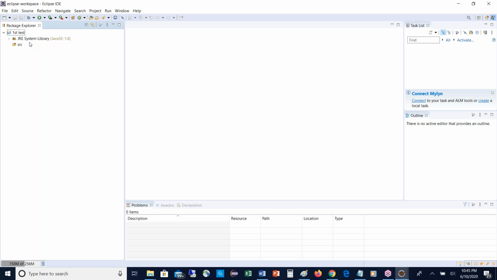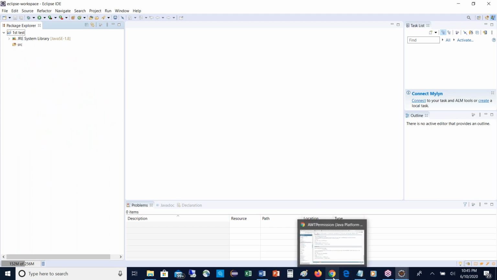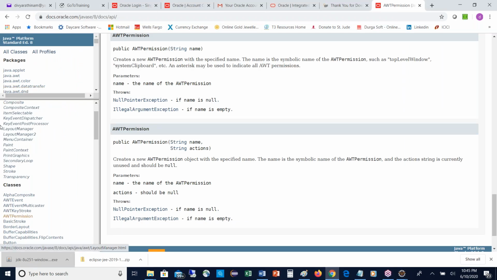Can you please open the docs, madam? Not this one, the Java 8 API documentation in a browser. See the packages: does every package name start with lowercase or not? java, java, java, java: J is lowercase or not? That is the first thumb rule. The second thumb rule is that every package name should be a dotted structure. See, java.awt.font, java.awt.geom, java.awt.im, like this. So the first thumb rule is every package starts with lowercase, and the second is every package should be a dotted structure.